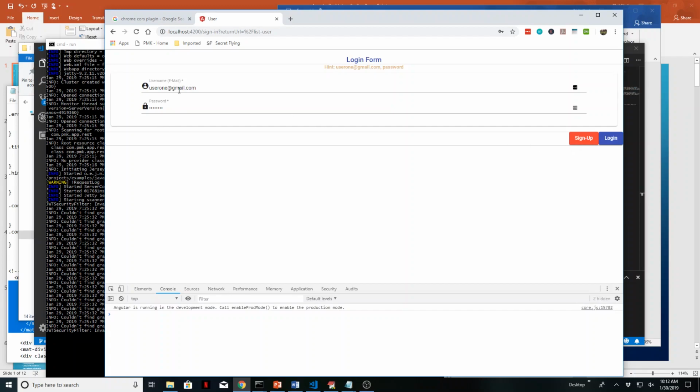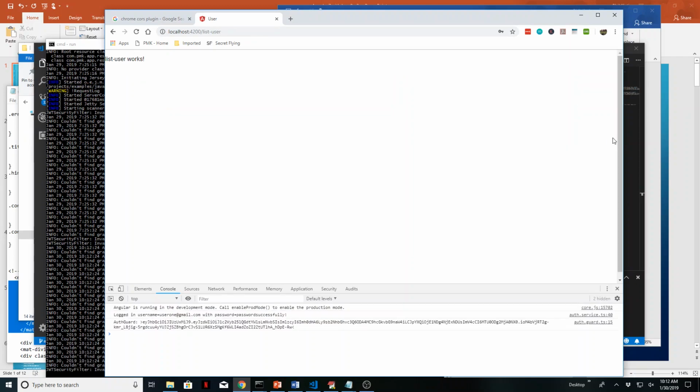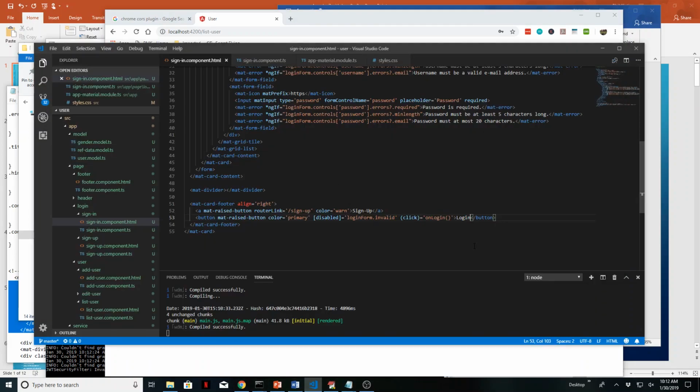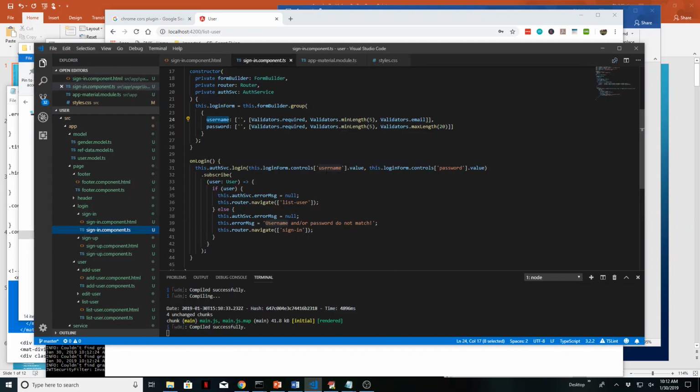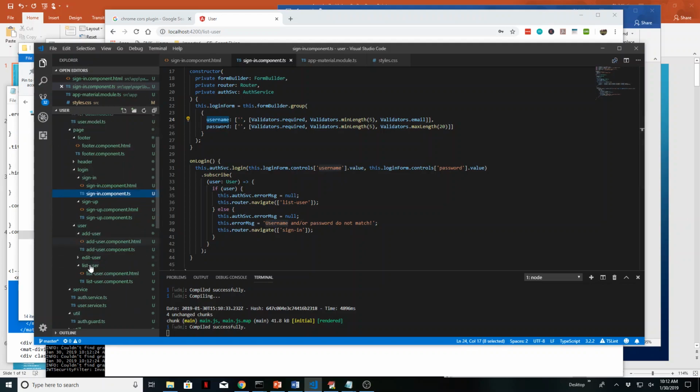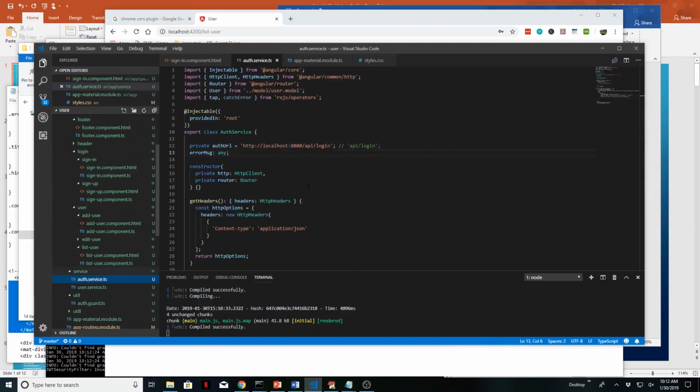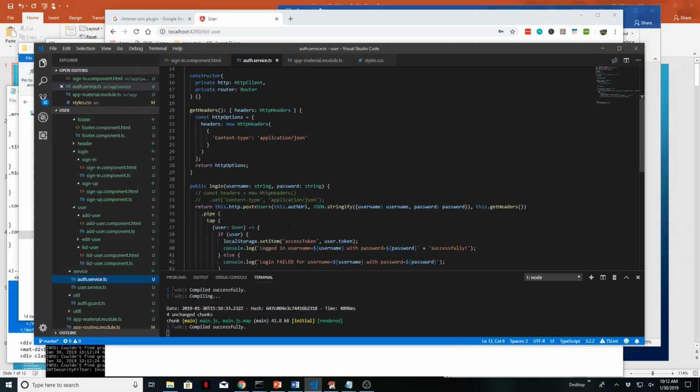So right now I have username, password. I'm going to say login. See, it logged in properly, and this is what we need. This is a JWT token. So it basically just went to the backend. What it did, like we programmed it, we click on this, it goes to onLogin. onLogin over here is just saying, okay, fine, go to my authentication service and pass in username and password. And the authentication service, auth service, it just basically,